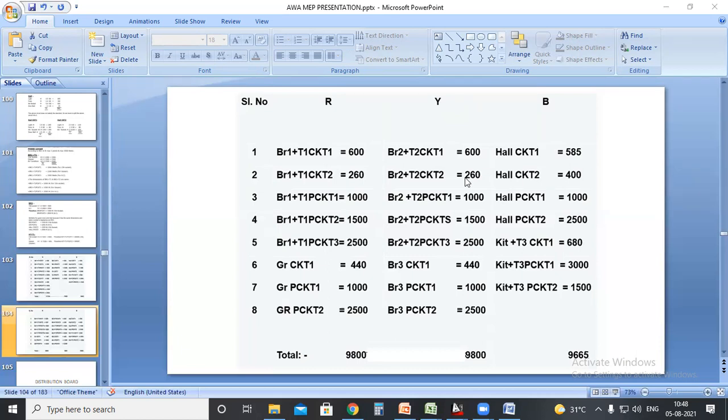Okay, so I will show an example. Like yesterday, I have already shown the Excel file, the Excel format. We have a final format to prepare the balanced condition. It is actually taken from the British standard or the DEVA standard, but it is usable for any particular standard because